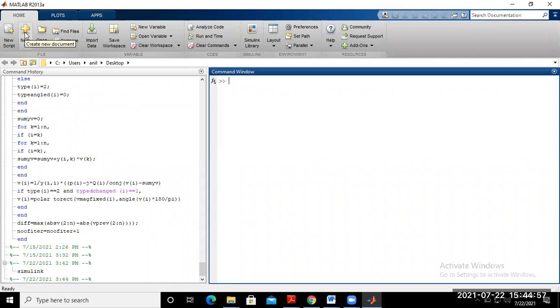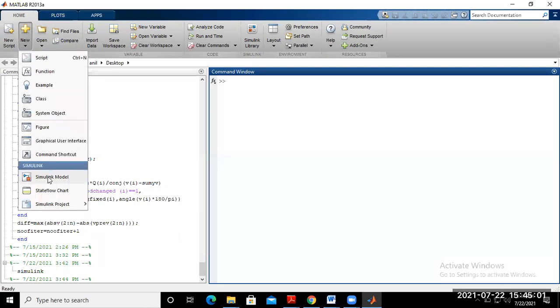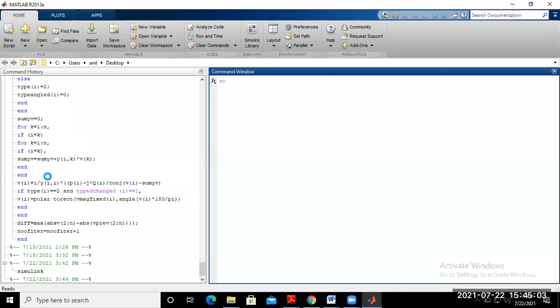Okay, so just again go here for the new model. Just click here, simulate model, so that it creates the new workspace where we simulate the circuit. We have practiced a lot of circuits in the previous lab also: single phase half wave, single phase full wave, uncontrolled, controlled type. Whenever you get MATLAB on your system, try to practice some circuits.